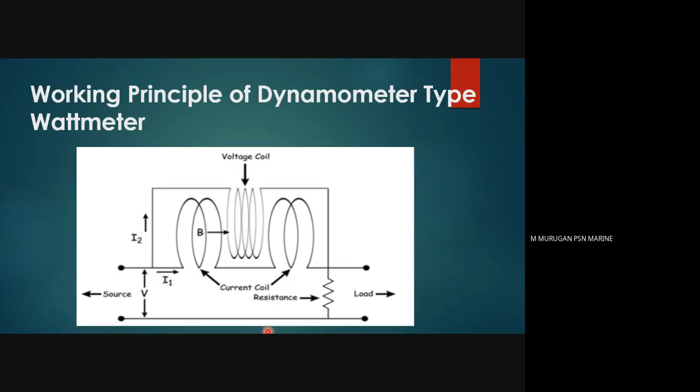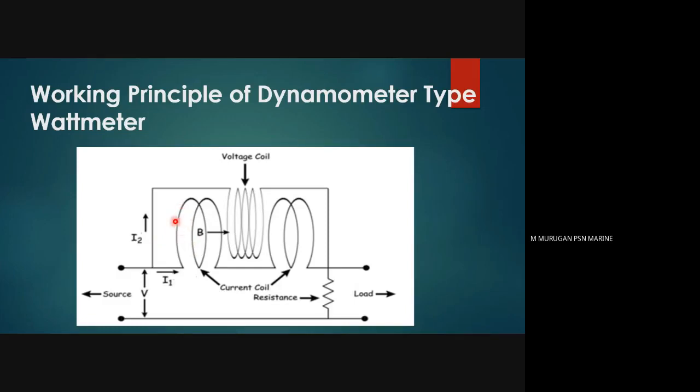So what is happening here? By means of the current and voltage. Suppose we are giving the voltage to these two points, and this is the lead. So what will happen? Current flows through this coil and this coil also. As we already know by Faraday's law, if the coil is carrying current, the flux is produced around the coil.